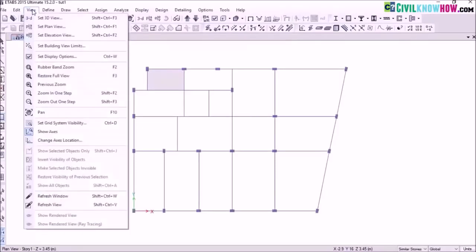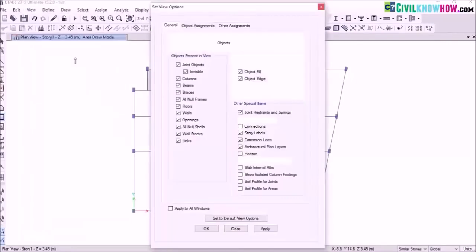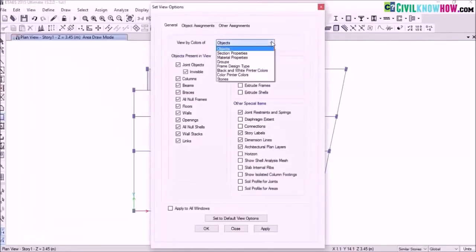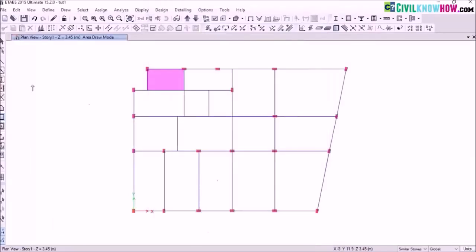So here I would like to change my view. I'm going to set display options so you can have a better view. I'm going to change to section properties, apply, OK. So similarly I'm going to define my slab between these 4 frames also. So here you can see that I have assigned my slab as individual between these 4 frames,